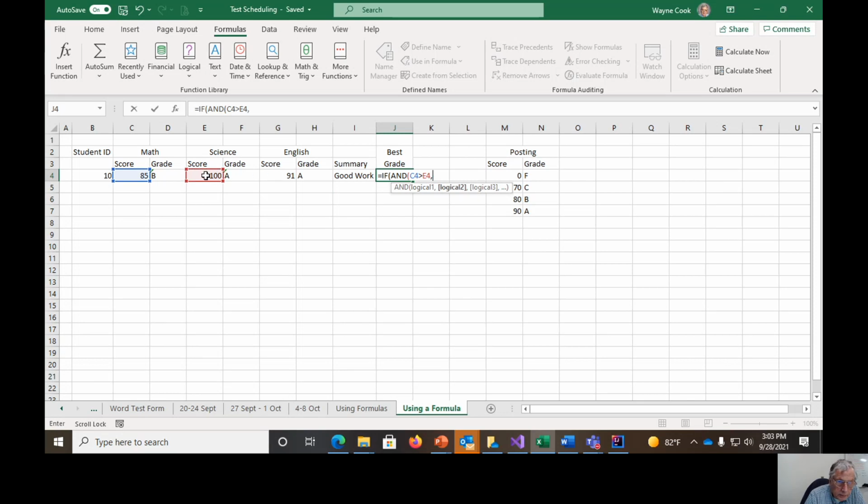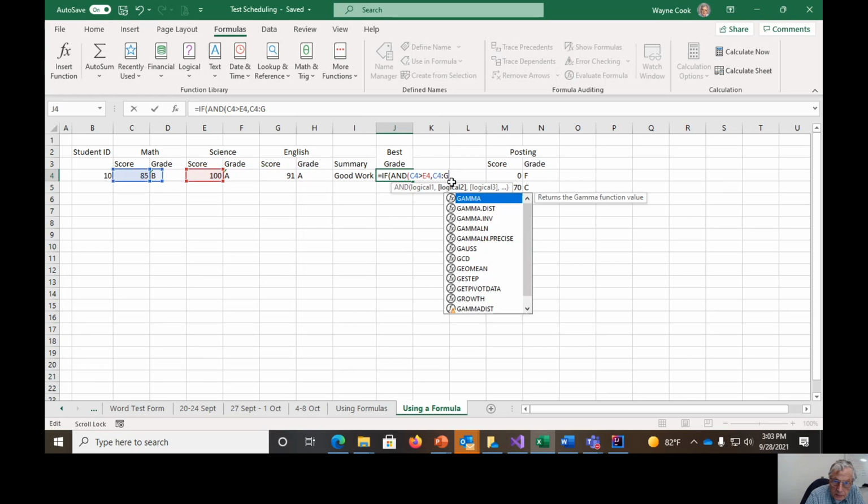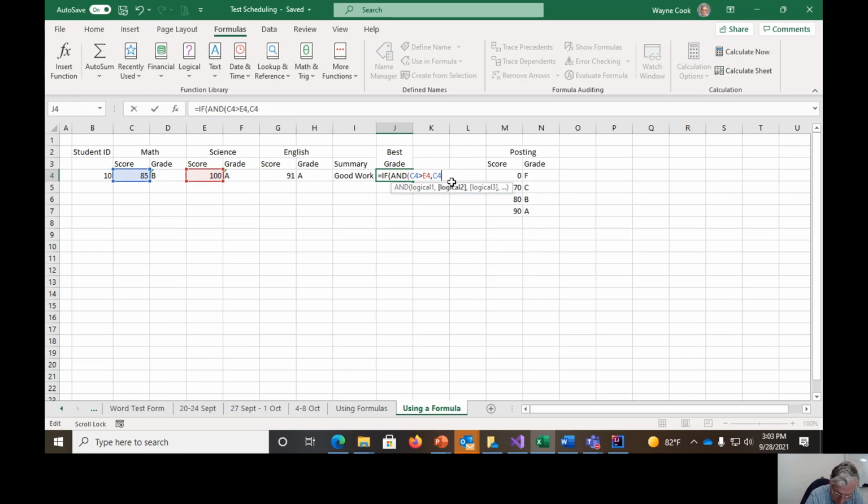And this is greater than the English score. Here it's greater than the English score. If both of those are true,